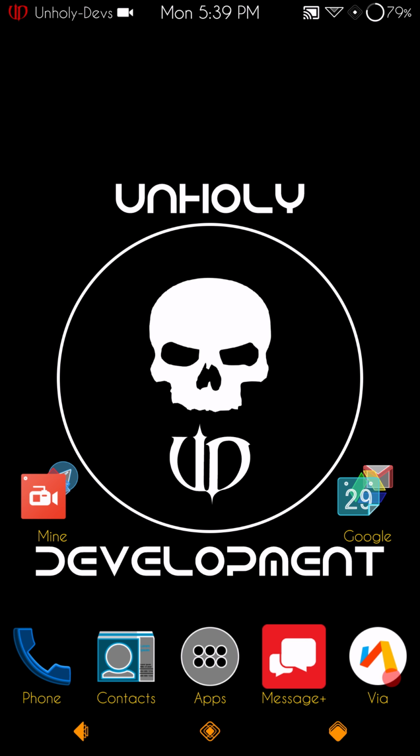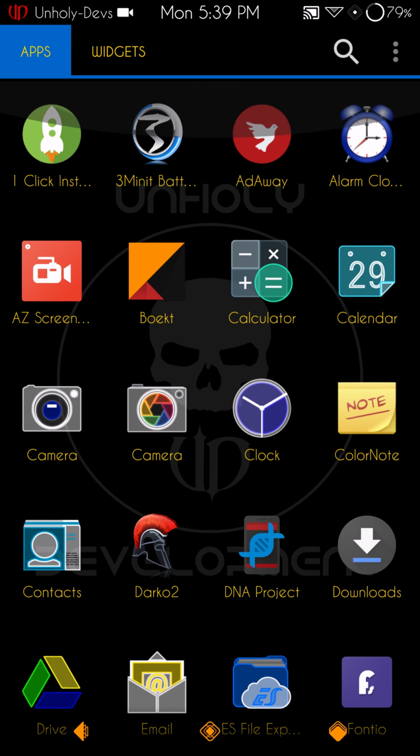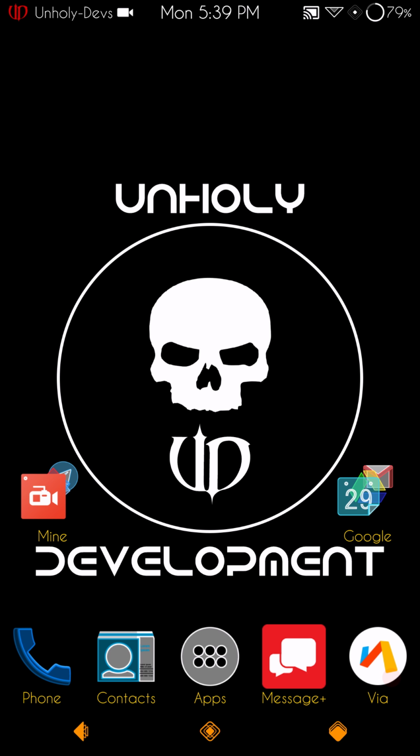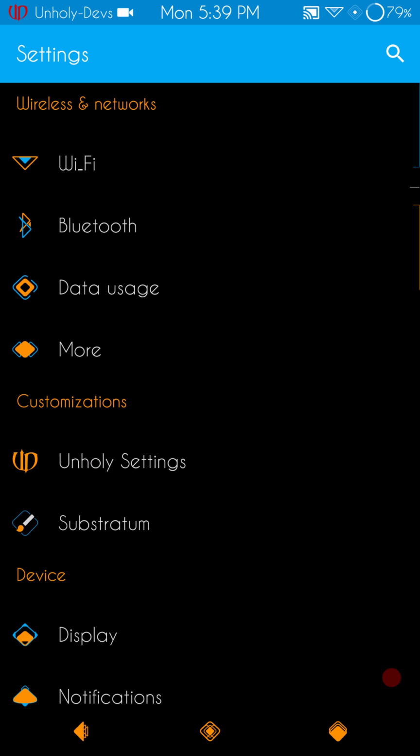Today we're going to go over Unholy-Devs for the Nexus 6. This is a fairly new ROM. I definitely wanted to give it a try. I've heard a lot about it. I do know that I've run their kernel every so often on some of the other ROMs I've tried. It does come stock in some of the other ROMs that are out. So I wanted to flash this with the kernel installed just to make sure that everything